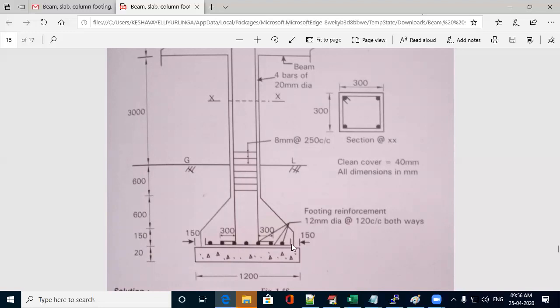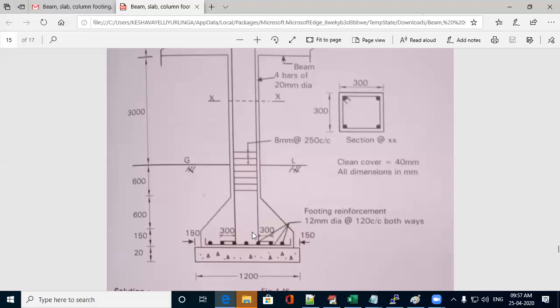Width of the column footing they have not given directly. They have given the excavation or PCC width as 1200 mm. Out of this you have to leave 150 on each side, that is 300 mm you have to leave. So at the bottom it will be 0.9 meter. It will be a square shape of 0.9 by 0.9 meter, and depth is 150 here, as you can observe. So if you multiply 0.9 by 0.9 by 0.15, you will get the quantity of concrete in this rectangular portion.